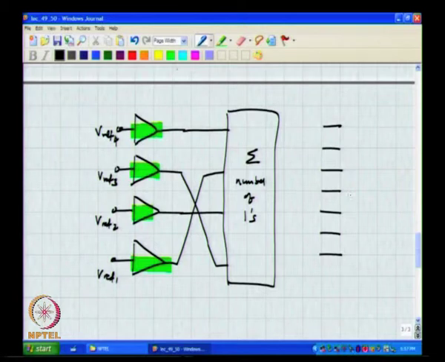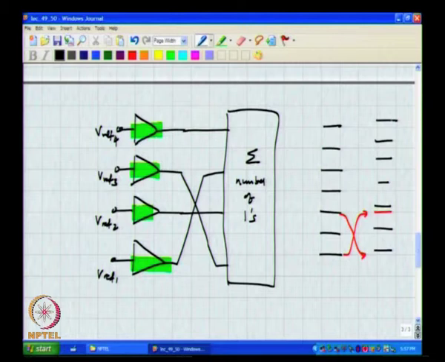Let us for argument's sake say this comparator threshold became this, and this threshold became this, and this moved and this moved and so on. All right. Now, you do not know which threshold came from where. It could be that this threshold actually was this comparator's threshold, which is moved so much lower due to offset. But if you add the number of ones in the thermometer code,